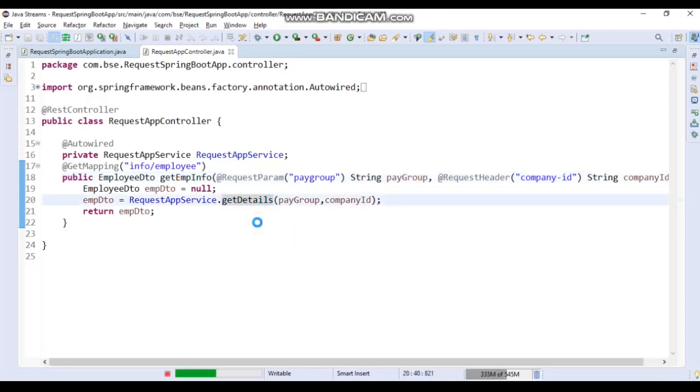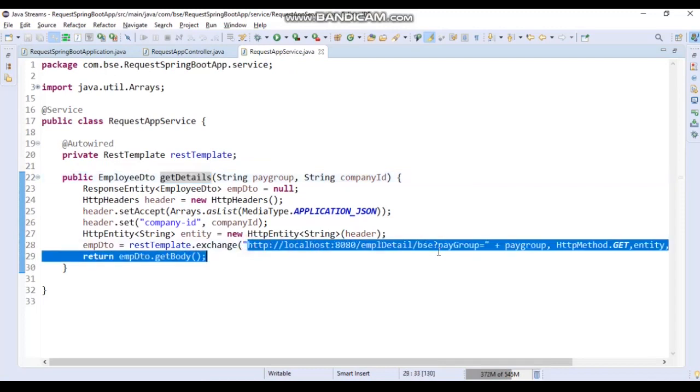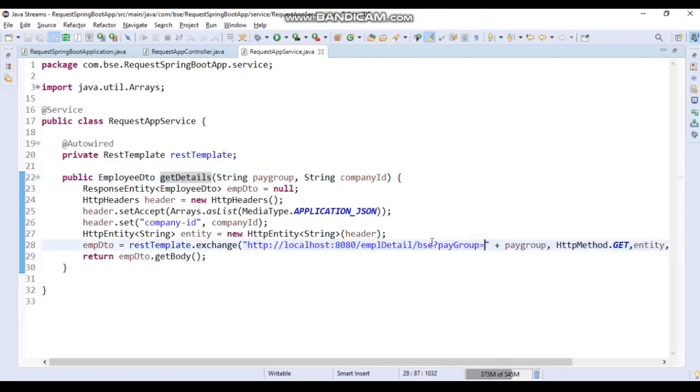In getDetails we are calling the response service using this URL. The response service is deployed at port 8080. So we are calling the response service through this URL using RestTemplate.exchange.